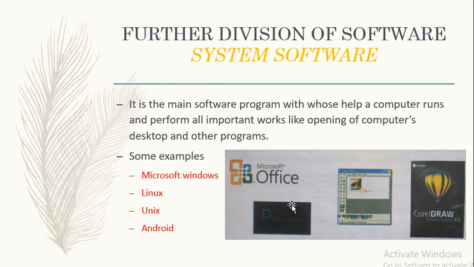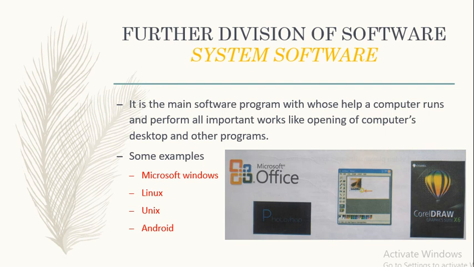For understanding the working of this software, firstly we have to understand one thing, because there is a difference between the language of computer and the language of human beings. Computer understands languages like HLL, binary language, etc. And human beings are not able to understand the language of computer. In the same way, the computer is also not able to understand the language of human beings. So for coordinating between these two parties, some software is used. That software is called system software.